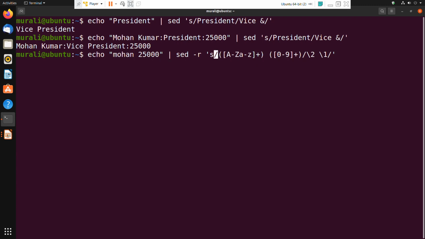Whatever I specify within the first pair of bracket, immediately following the substitute and the forward slash, would be remembered in a special variable known as \1. Whatever I specify in the second pair of bracket would be remembered in the special variable called \2.